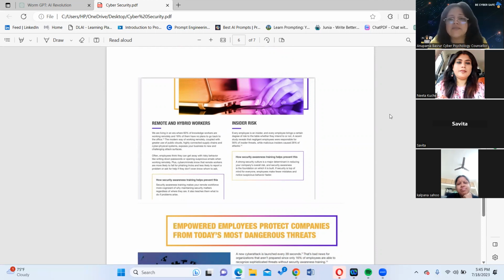So this is basically why, in a corporate environment, we teach corporates, inclusive of both the management as well as the employees, that there is a very strong need to ensure that everybody is aware and careful, and that they follow certain norms to ensure that your company is safe.